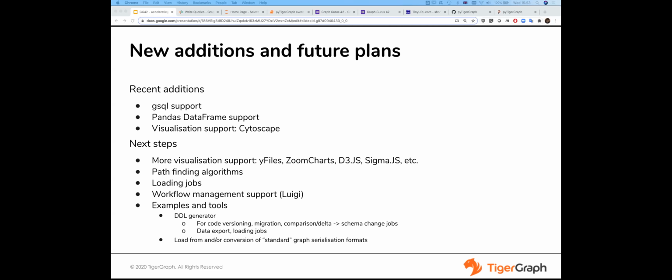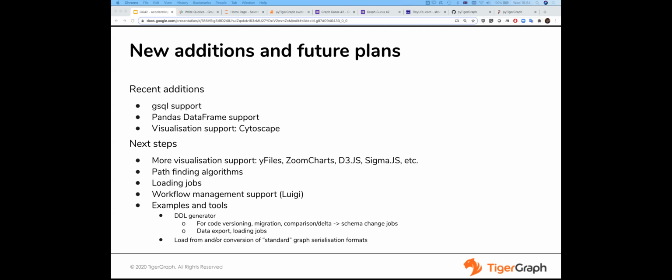As you saw, we already have some experimental support for the Cytoscape graph visualization framework in Jupyter notebooks. We would like to extend this to JupyterLab and other platforms like Google Colaboratory, plus support other commercial and open source frameworks like yFiles, ZoomCharts, DC.js, Sigma.js, and others. We also want to cover the pathfinding algorithms provided by the REST API, the shortest path and the all path. We plan to support